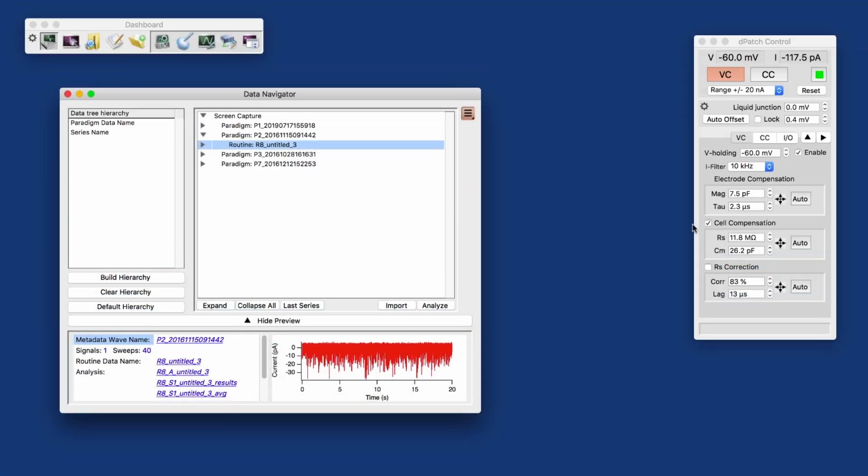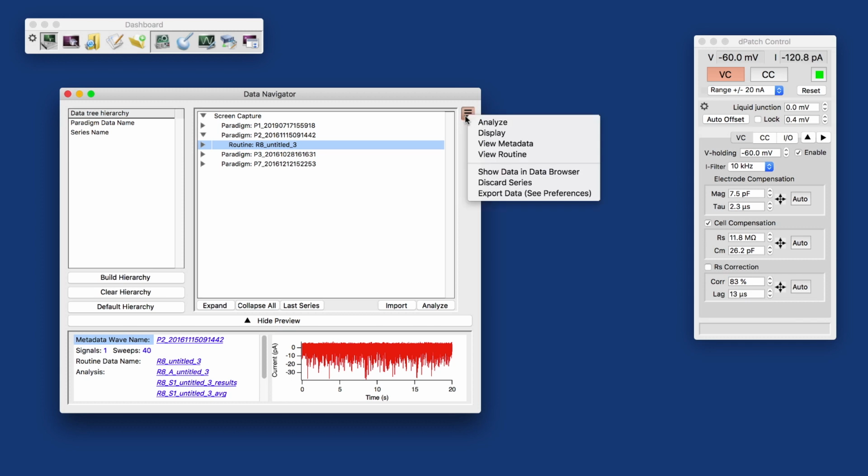And the last thing I want to show you today is two analysis modules. One is the mini detection, event detection, and the other one is action potential analysis. Here we've got a series of miniature postsynaptic events. And what I'm going to do is not analyze it, but do a right click. Or we could also do a context click up here.